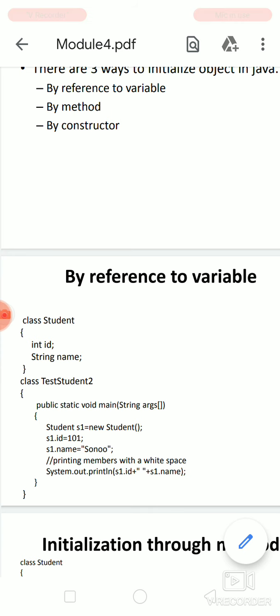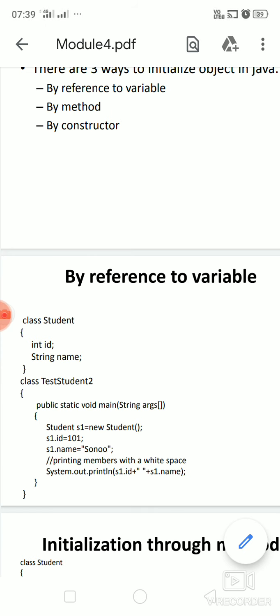So this is a kind of initializing the variable, and this is known as by reference to a variable. It's normal, we are just using the dot operator, accessing each parameter that is already mentioned in the class and assigning the value by using the dot operator.